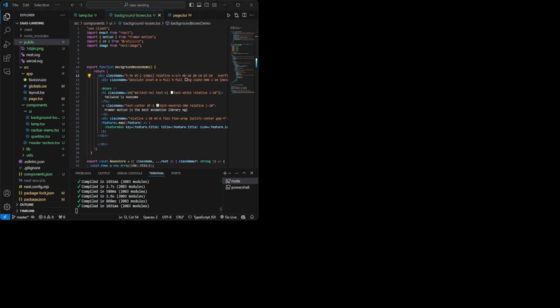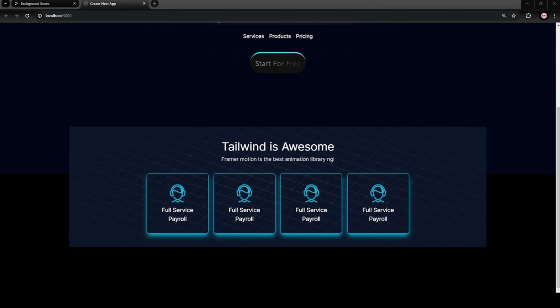It was full, so I'm going to give the width of 3/4. Let me take you back. Here you can see it actually decreased the width on the sides, to 3/4 of the total page.